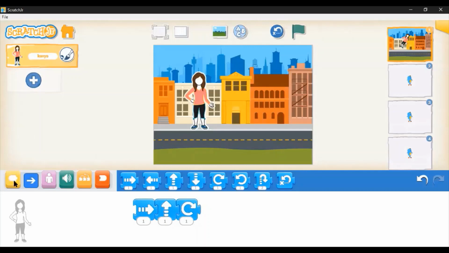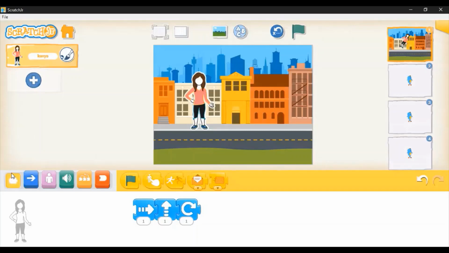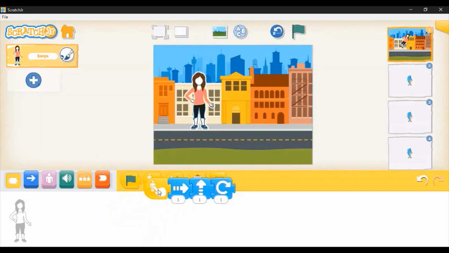The other way is this trigger block, the yellow one. So when I select this, I have different ways of making this character perform this. Say if I use the second one and I place it here. This is basically when I touch the character, it should start performing the task. So I will click on this character. You see, this is the way of actually running the code. Again, I will reset and I'll show the other way of executing the code.